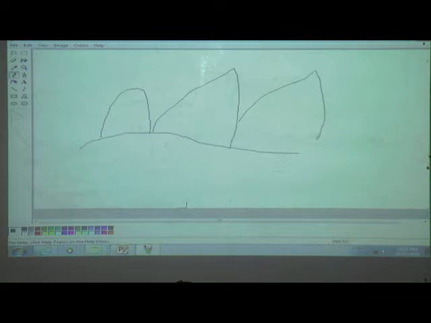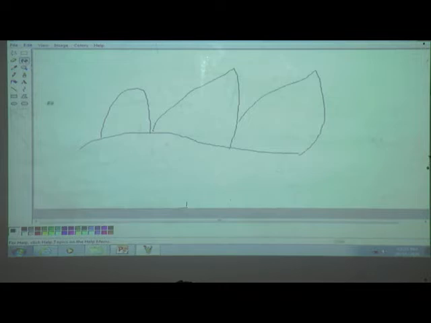Now we will draw by using the pencil. Firstly we will take new. Where is the pencil? Yes, it is the pencil tool, and we will draw one mountain. And now we will give one color, brown color.